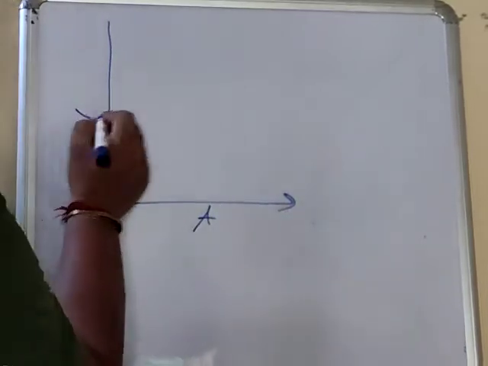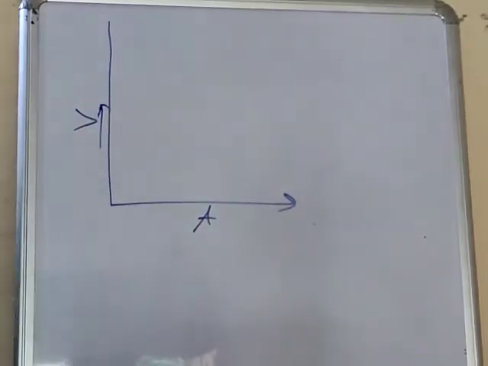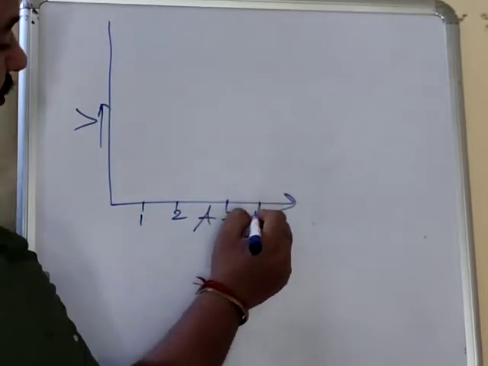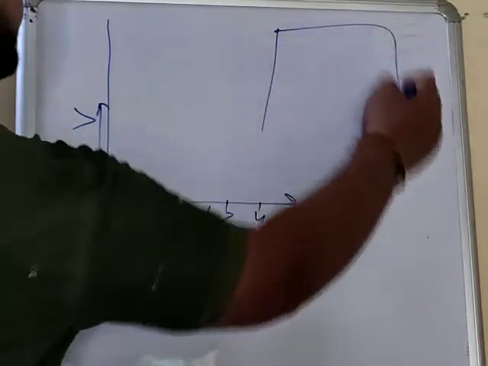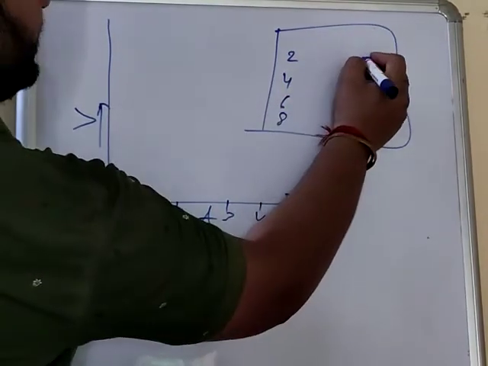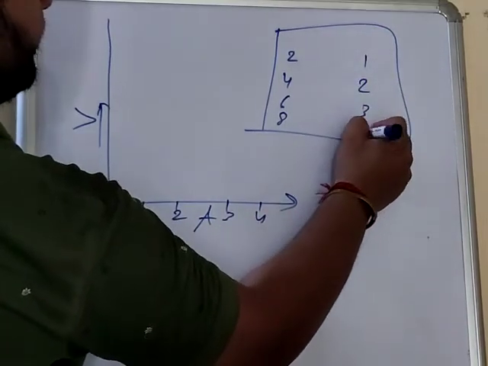Again, in velocity time graph, you will take time on x-axis and velocity on y-axis. So here is the velocity time graph for uniform motion. When the object moves with uniform motion, take time here, velocity here. Uniform motion means constant velocity or constant speed. Suppose 1, 2, 3 and 4. Same table you can take: 2, 4, 6 and 8 and your time is 1, 2, 3 and 4.